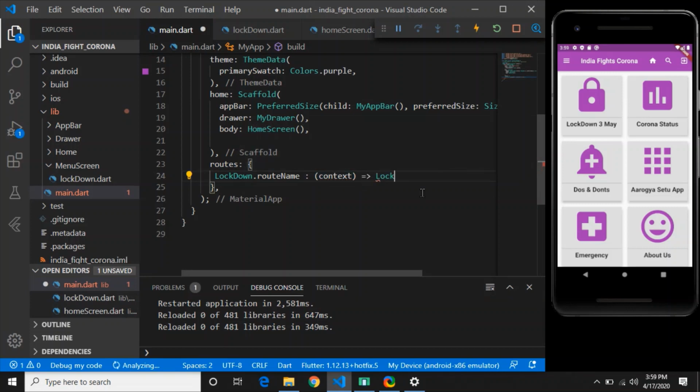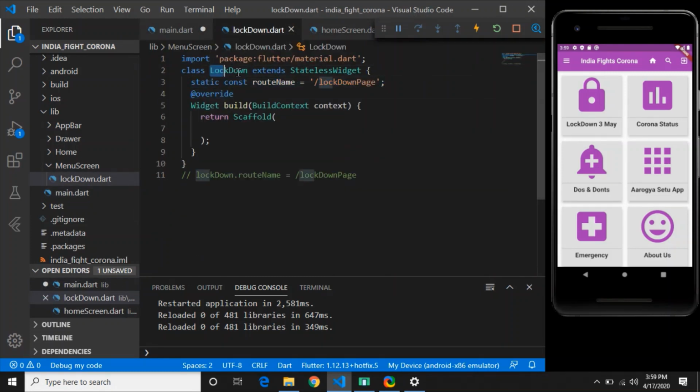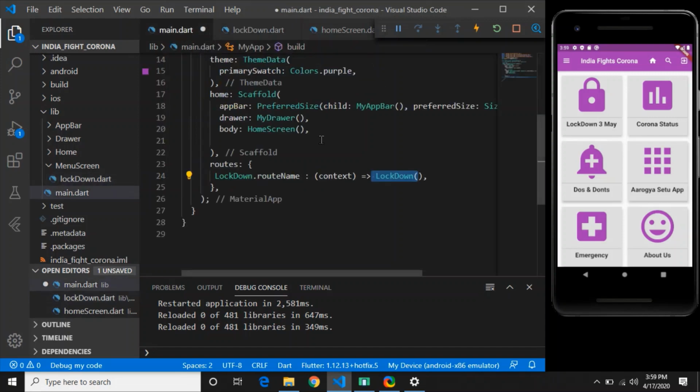What I am writing means whenever lockdown.route name is mentioned anywhere in our program, you have to return the lockdown screen or lockdown class. Whatever you write in this lockdown class will be returned as soon as you mention lockdown.route name.